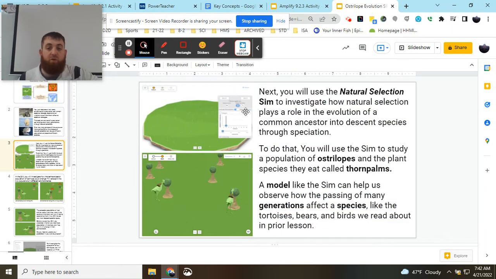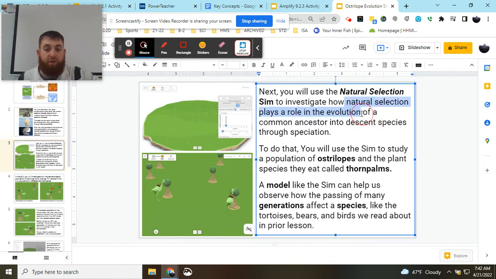So today, you're going to be using our old natural selection simulator to investigate how natural selection plays a role in the evolution of a common ancestor into descendant species. You'll use this simulation to study a population of ostrolopes and the plant species they eat, those thorn palms we've seen in the past. The model we create in our sim can help us observe the passing of many generations,